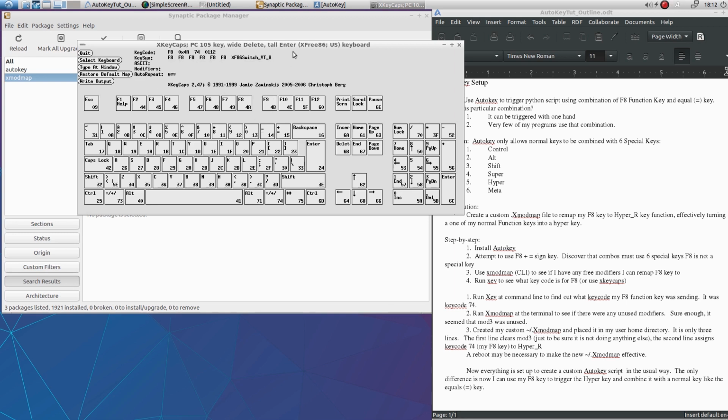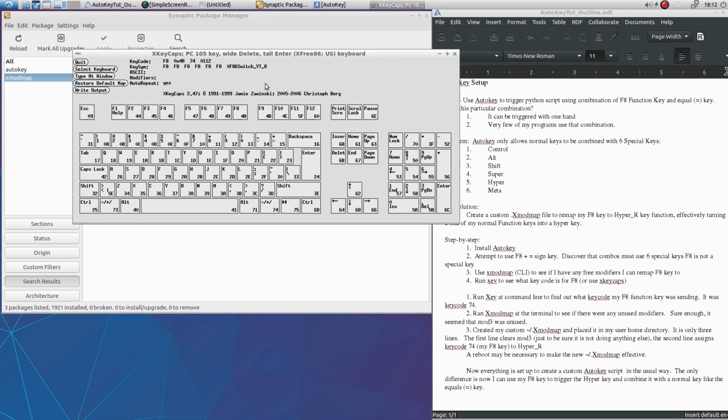In case you ever do decide to use it, this Xkeycaps program, the way you reassign keys, and you can reassign any key to any other key, is you right-click, and that gives you access to the kingdom. You can't do anything without that, and I had to look it up to figure out how to get in it. So you can disable a key, you can duplicate it, exchange keys,